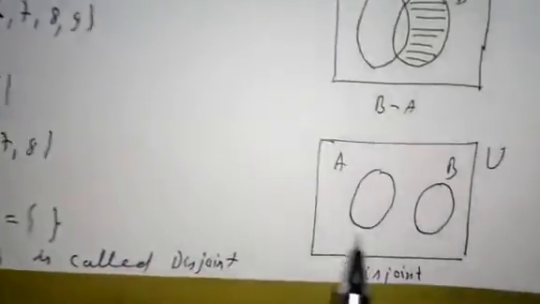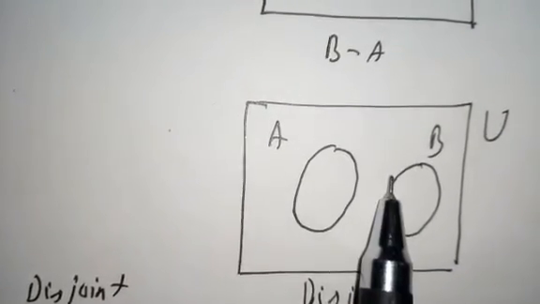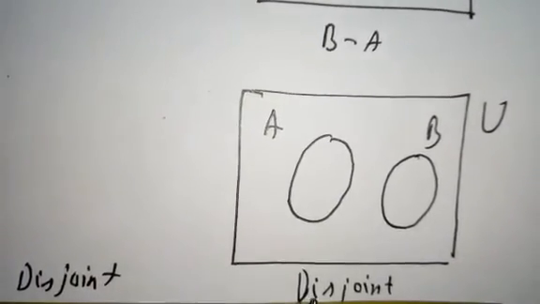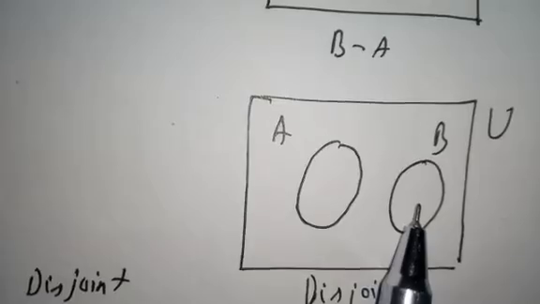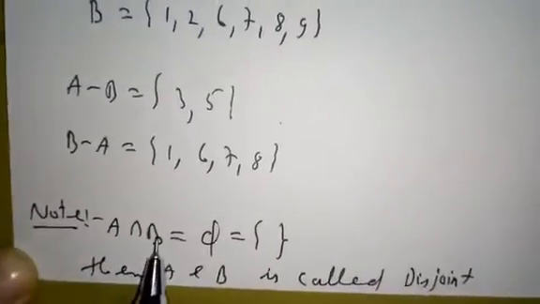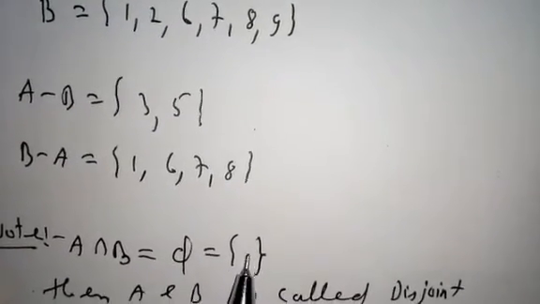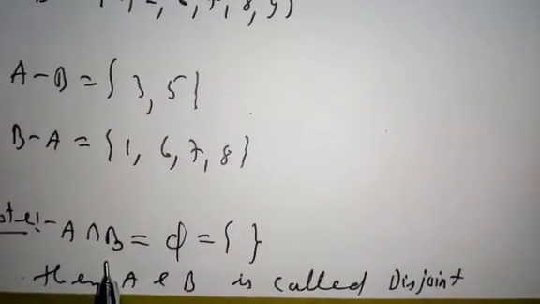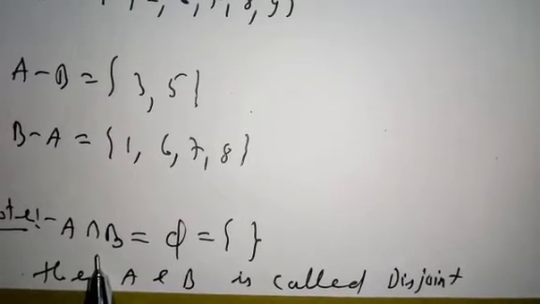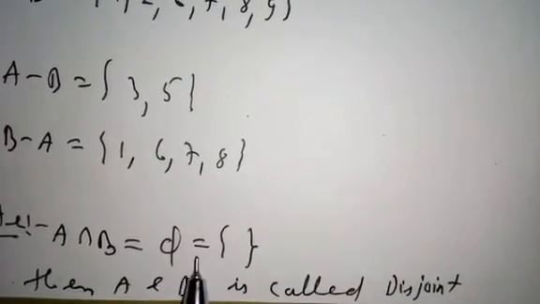And this is the Venn diagram. We observe in this Venn diagram, in set A and set B, nothing is common. This type of situation we call disjoint. Disjoint means nothing is common. A intersection B is empty, which means nothing is common. If nothing is common, then you say A and B are disjoint. This is the condition for disjoint. So if we are checking whether sets are disjoint or not, first of all calculate the intersection. If it comes out as the null set, phi, or empty set, then say the given sets are disjoint.